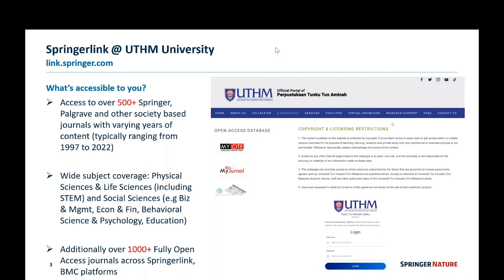What this means is you should be logging in via your university library website. As you can see on the right-hand side of the page here, this is your UTHM Library official portal. And if you go to e-resources, you will be asked to log in via your student or staff username and password, regardless of whether or not you are logging in